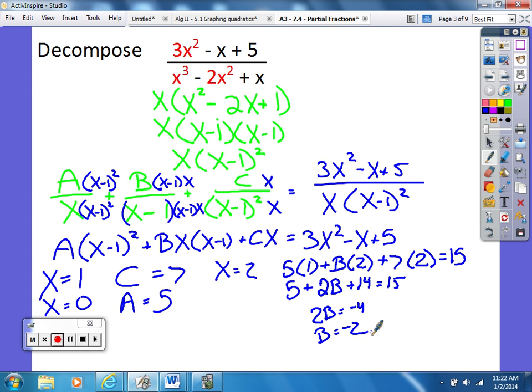Final thing you have to do is write your answer. So let's write it. A is 5, right? So 5 over x plus B is negative 2 over what? Plus, let's see, over,